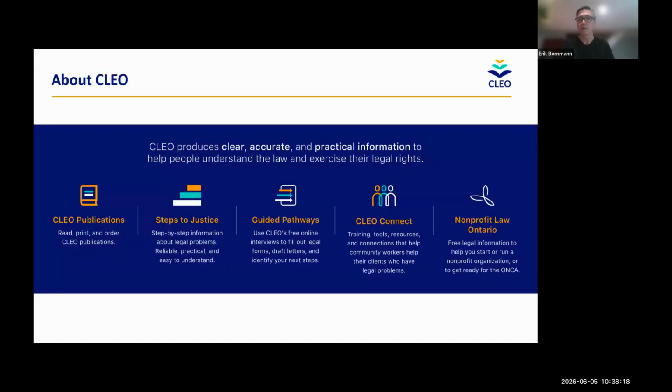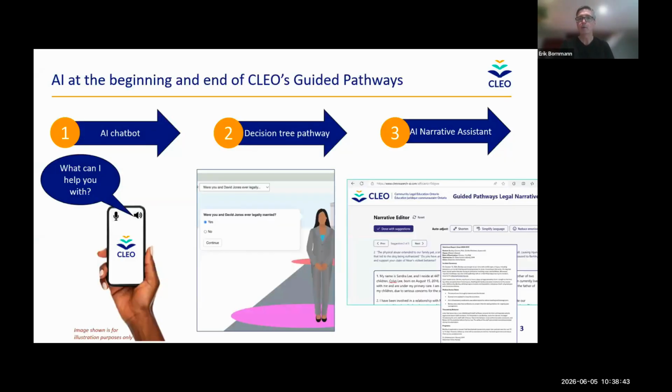For those unfamiliar with CLEO, our work focuses on providing information to people who face individual and systemic barriers to accessing the justice system. So our work includes legal resources and publications, a public legal information website, Steps to Justice, the guided pathways, more on that in a second, and CLEO Connect resources for trusted intermediaries, community helpers. So today we're talking about the guided pathways, which are